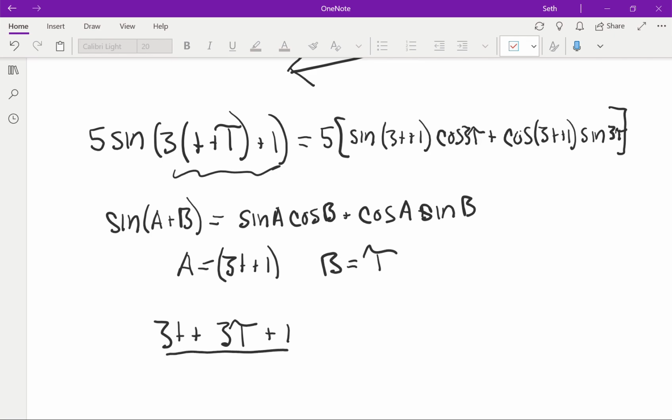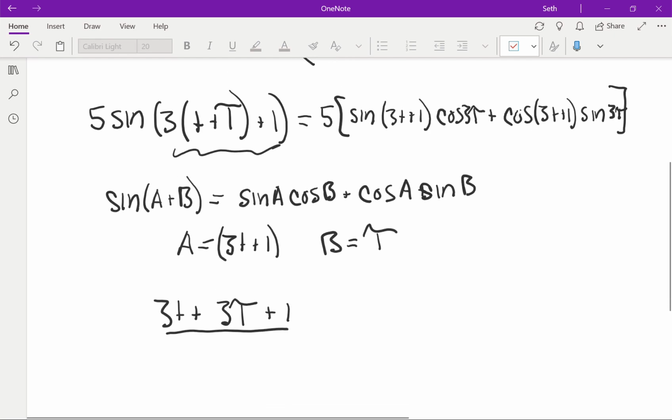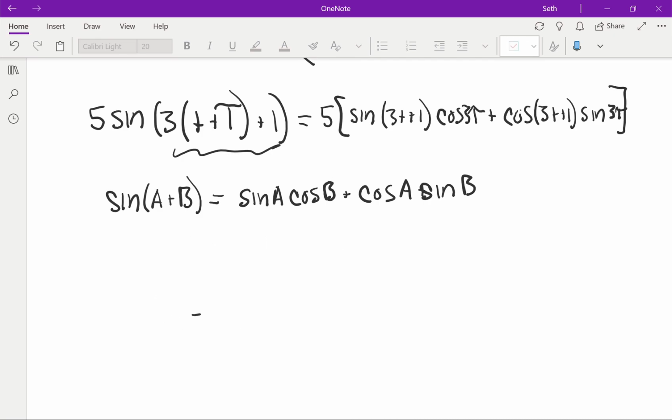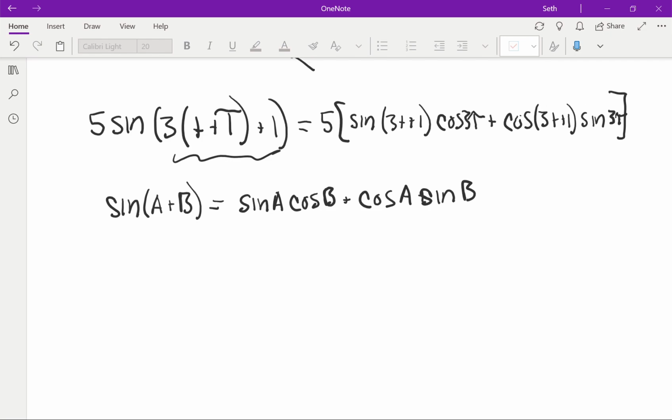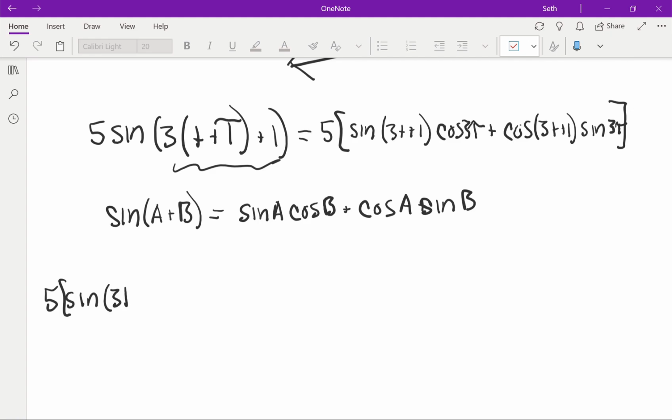So that's the phase. And now we can see that we have 5 times sine 3t plus 1 cosine 3 tau